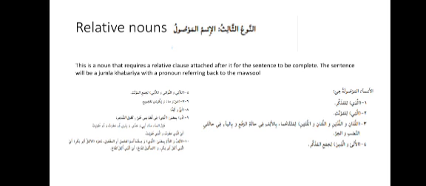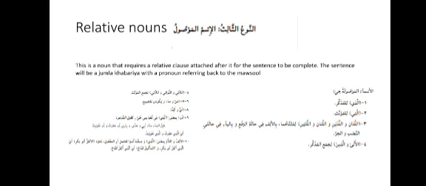Then we have al-ism al-mawsul. These are relative nouns. So relative nouns are words or nouns which are used just to mark a clause is coming after them. So we call these clauses relative clauses as well. So this is a noun that requires a relative clause attached after it for the sentence to